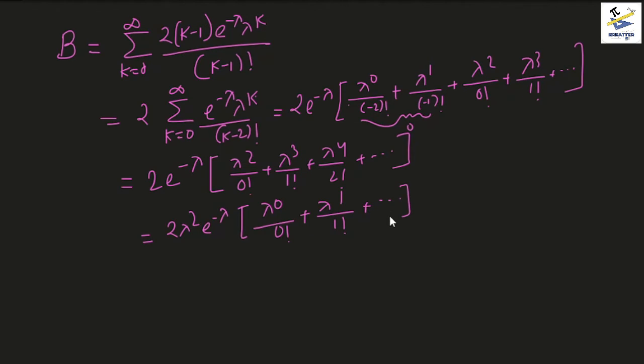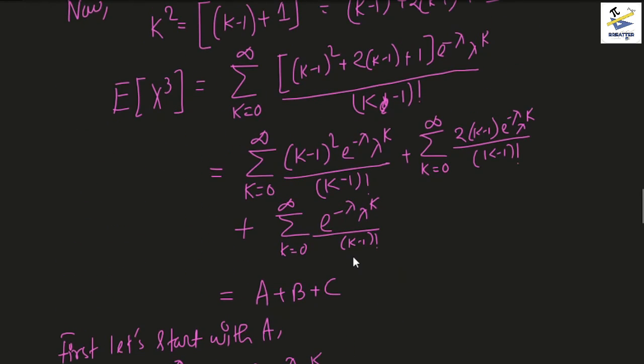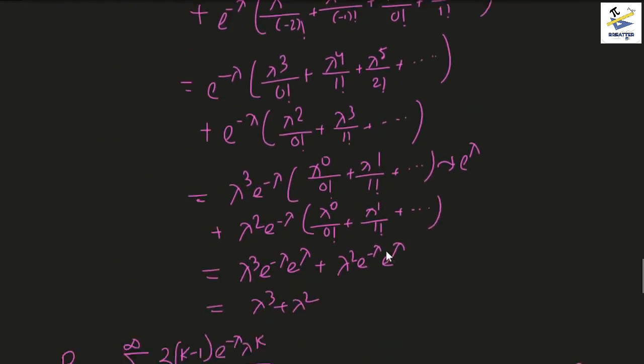As you can see, this series can be reduced very easily, all of this series, but you just need a little bit of manipulations to understand what exactly is going on. So this becomes 2 lambda squared e to the power minus lambda into e to the power lambda. They cancel off and you get 2 lambda squared, which is the value for b. Now let's go back to c, and c looks like a pretty easy one